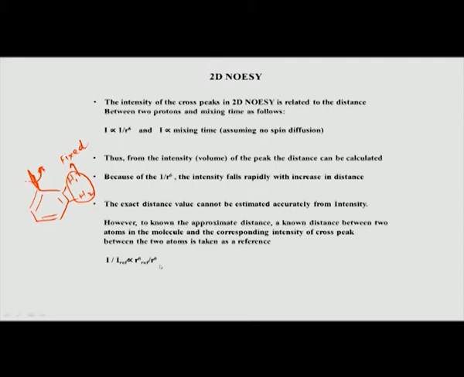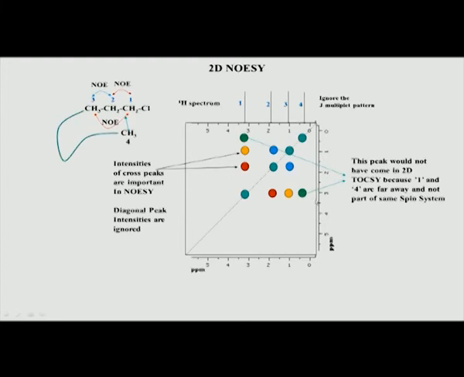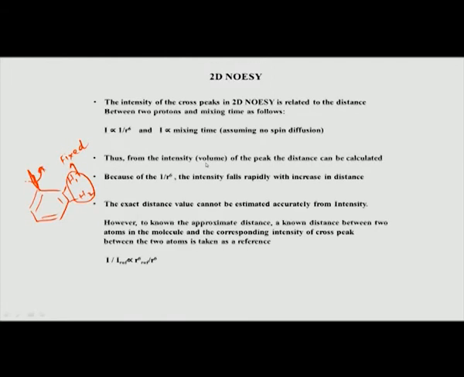The second option is that you do not calculate the distance like this, you simply say that look, I am seeing a cross peak between two atoms. So, therefore, it has to be within 5 Angstroms. As an example, let us go back to the previous slide, which is here. We saw that these two cross peaks are coming from interaction between these two atoms. The fact that there is a cross peak between these two atoms immediately implies that it has to be within 5 to 6 Angstroms. So, you see I already have some rough distance information from this kind of analysis. Therefore, exact distances may not be required.